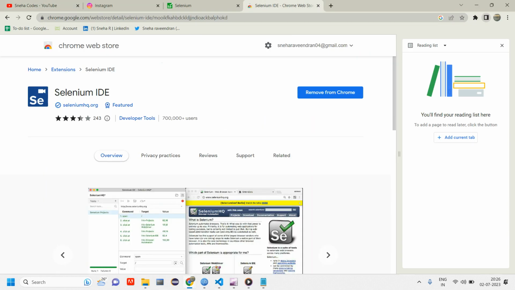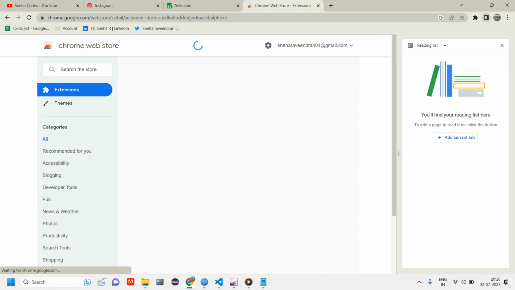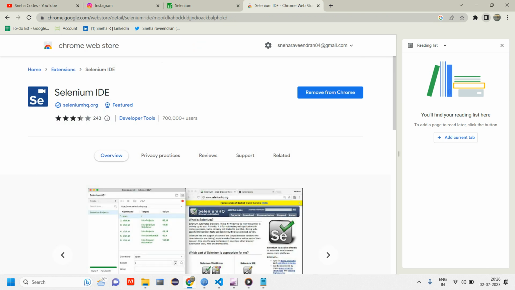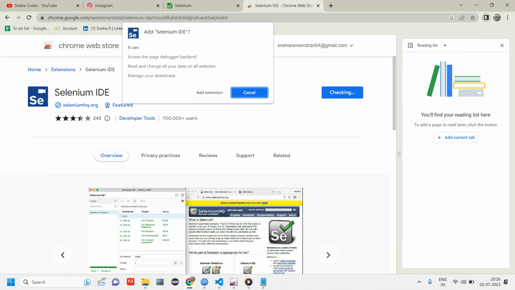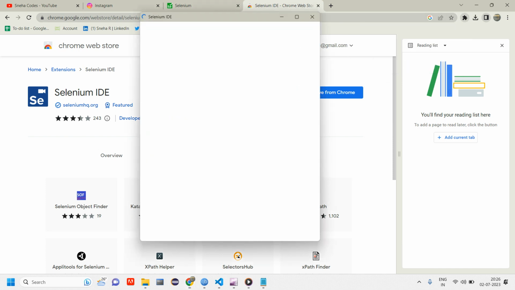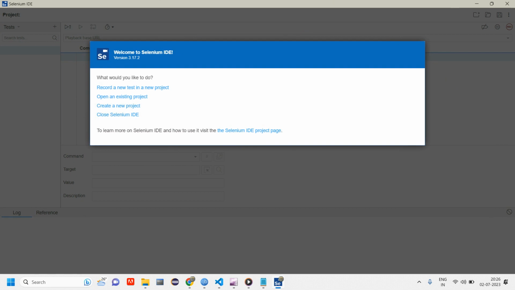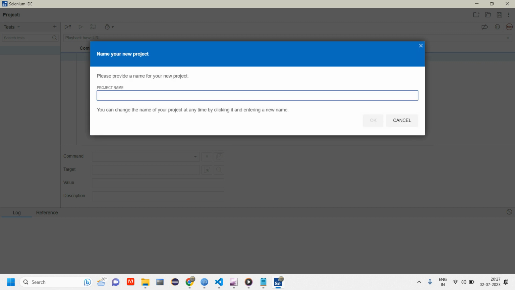So when you go to Google Chrome, just type Selenium IDE. The second link that you get from Google, just click on this Selenium IDE. Just add this to Chrome, add extension, okay, it's been added. Now if I go here, it will open. Here it is asking: open existing project, create a new project, close Selenium, or record a new test in a project. I'll choose create a new project and give the name for this project as